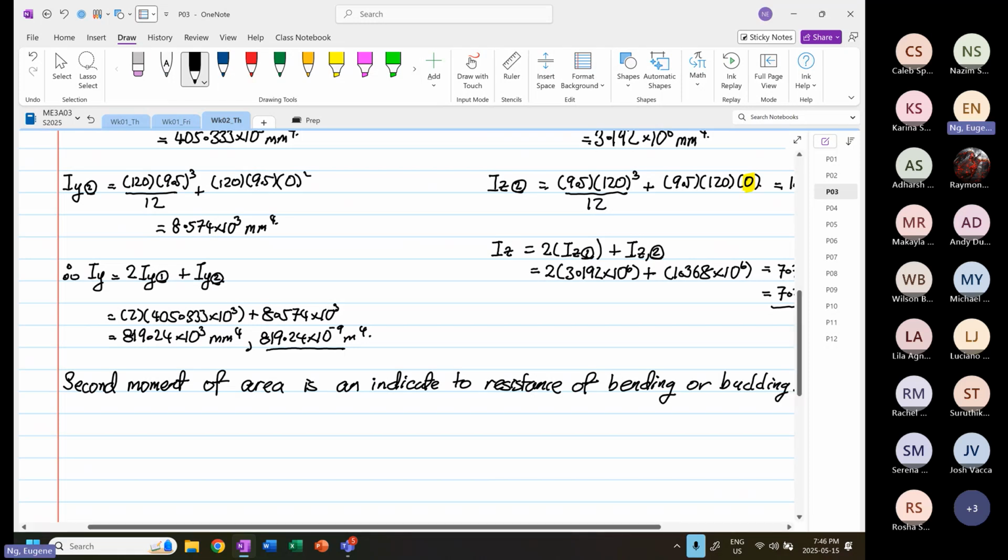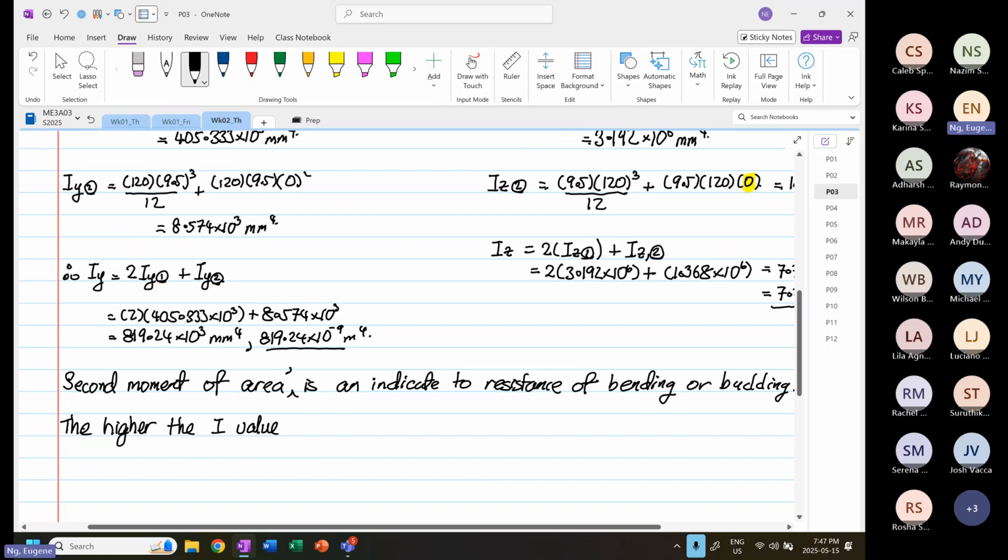Okay, so what do I mean by that? The higher the second moment of area, or the higher the I value,